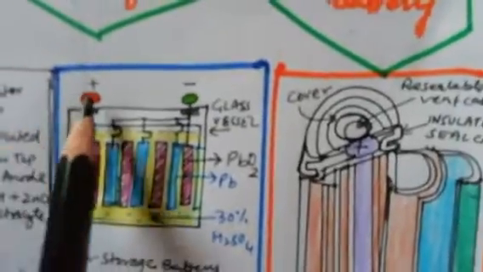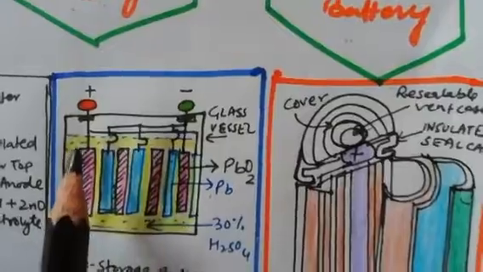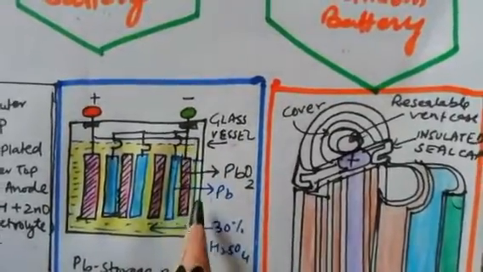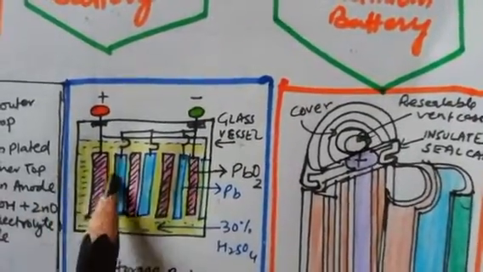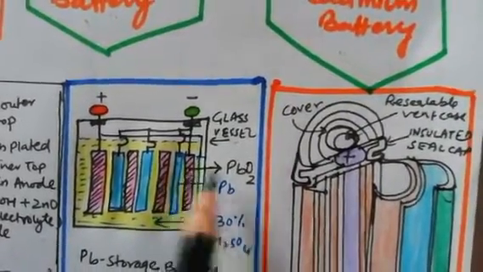You can see here very carefully, positive charge terminal, negative terminal. It is like a car battery or inverter battery. A glass vessel is there in the outermost shell. Then 2 types of rod are there. One is a lead rod, very simple, blue color, and that pink color is lead oxide paste.